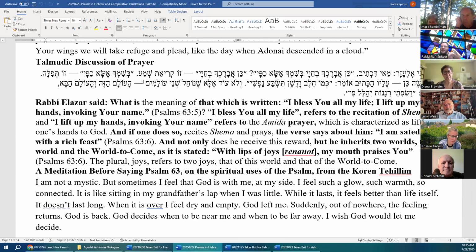So this verse, "Kain avarecha b'chayai," refers to the recitation of the Shema, and "B'shimcha esa kapai" refers to the Amidah prayer, which is characterized as lifting up one's hands to God. And if one does so, if you recite the Shema in the morning, then you get the reward described in verse 6. Then you feel sated as with a rich feast, right? And not only do you receive the sense of satisfaction in this world, but you also